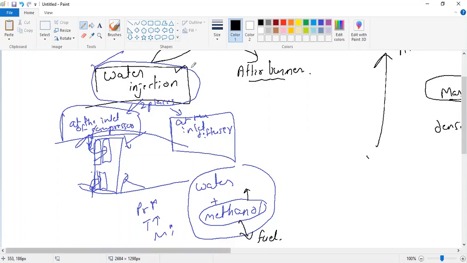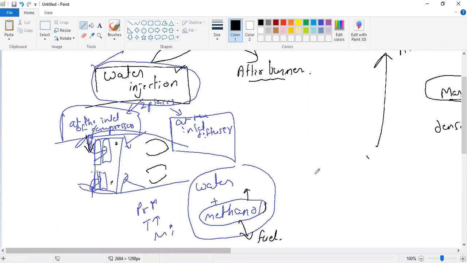So instead of using your main fuel, we are adding methanol as a fuel. Correct, beta? Have you understood this? But there is a disadvantage of adding methanol. What is the disadvantage? Firstly, if I add it at the inlet of the compressor, methanol will get converted into vapors here itself. Even if I add it at the inlet of the diffuser, it will get converted into vapor. But that will not be a problem because the combustion chamber is just behind this. But if I add it in the inlet of the compressor, in the compressor itself, methanol gets converted into vapor. That is one of the disadvantages.